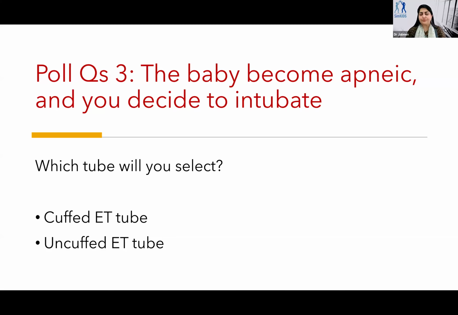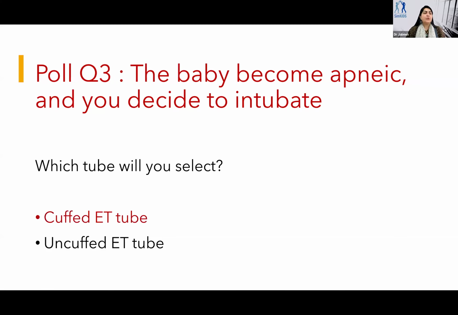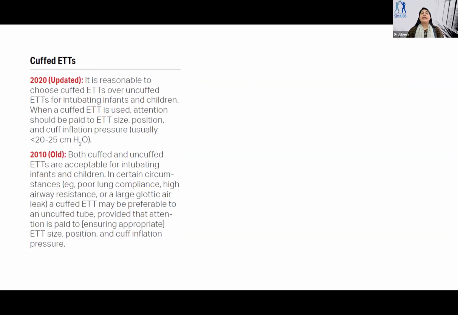B, okay? So as per the new updates, it is cuffed ET tube. In the old guidelines, the 2010 guideline, it is said both cuffed and uncuffed ET tubes are acceptable. But what they did in the most recent, which is 2020, let's see what their recommendation will be in 2025, is that it is reasonable to choose cuffed ET tubes over uncuffed ET tubes for intubating infants and children, because